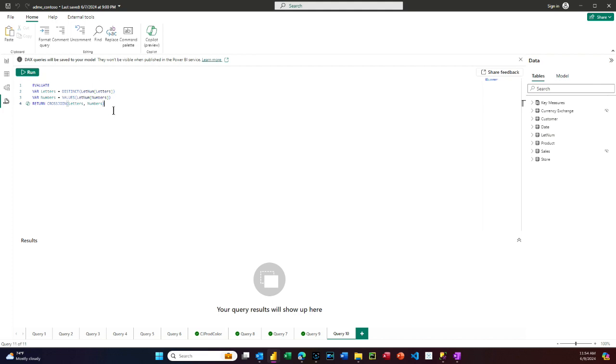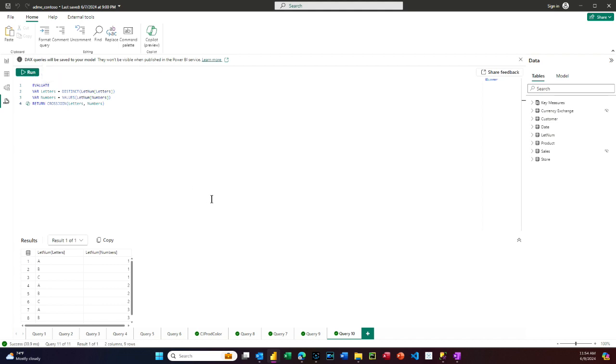Now when you do these, you just hit run to evaluate your table function. A1, B1, C1 through A3, B3, C3. So that's a cross join. We had two tables. Each one had 3 rows and each one had 1 column. So 3 times 3, we have 9 rows. 1 plus 1, we have 2 columns.